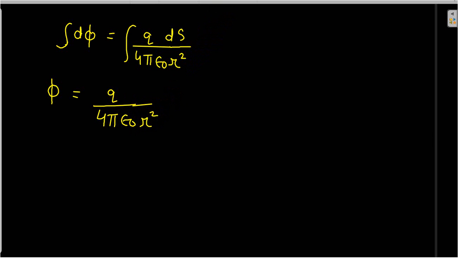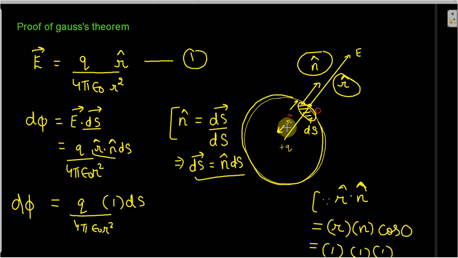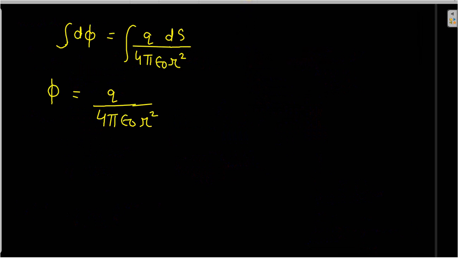You can see in the previous diagram the distance r, the radius of the sphere, is almost constant. P point we are not changing. So that's why r is also constant. What thing is varying? The surface area is varying, dS, because we have taken only a small area element. Now we have to find the flux at the whole surface. So we will integrate the surface.